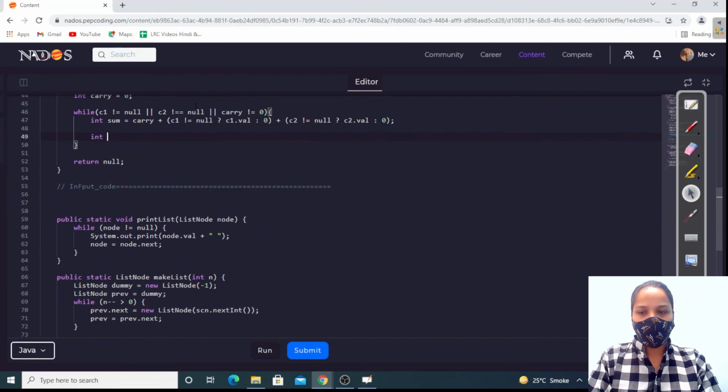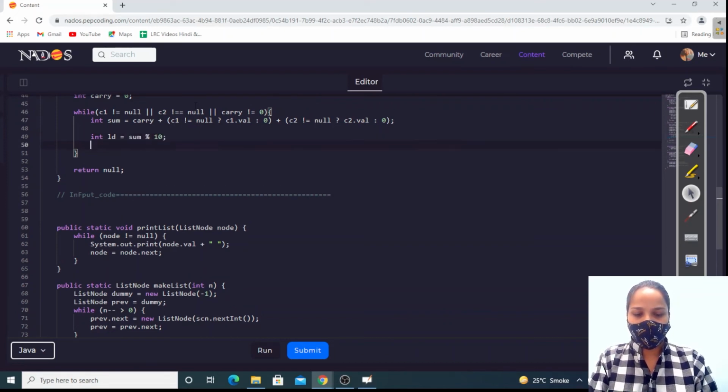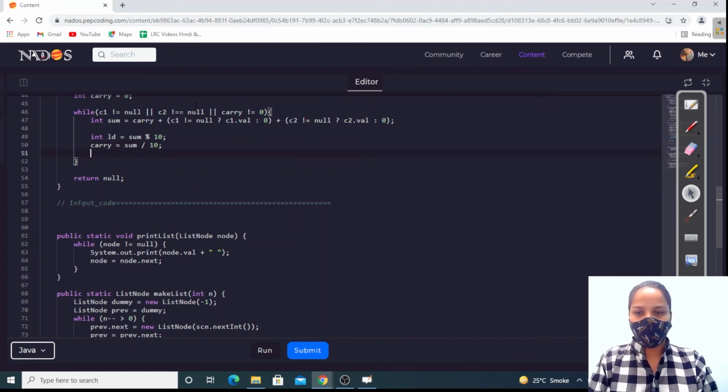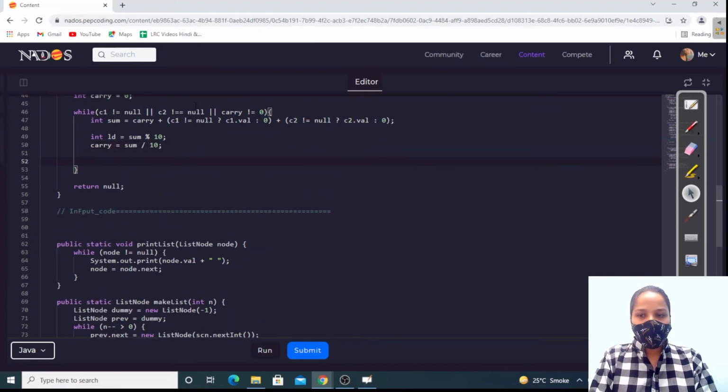Now I need my last digit. What was the formula for extracting the last digit? Sum modulo 10. Now I need to update my carry. Carry is equal to sum divided by 10. Alright. Now I want to store the data which I'm getting from this sum, this addition. For that, I need to